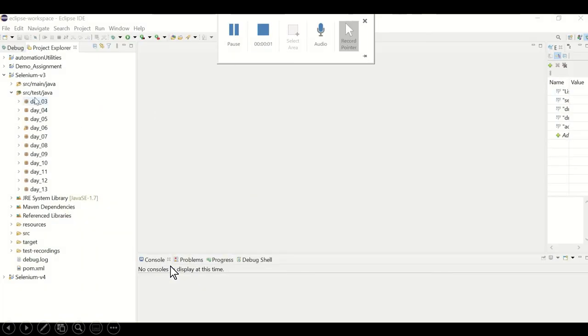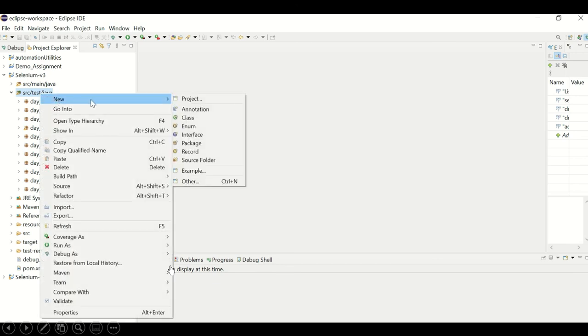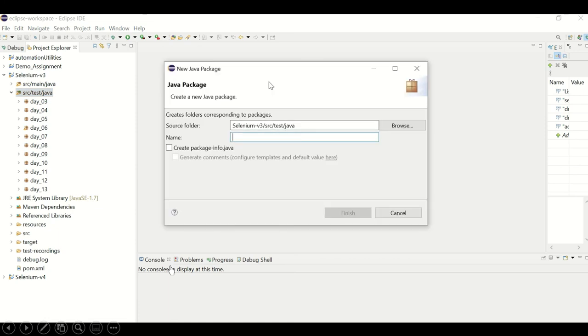Let's move on. Let's see one example. I'm creating one new package, day underscore 14th.